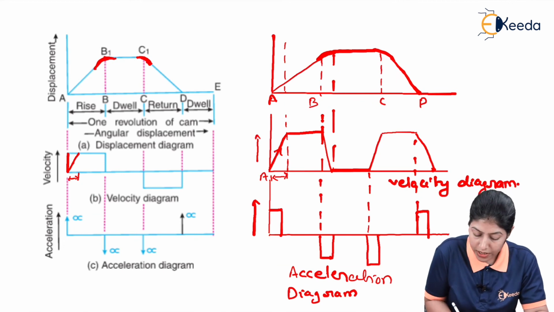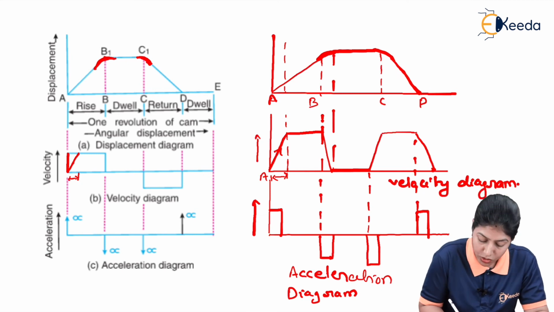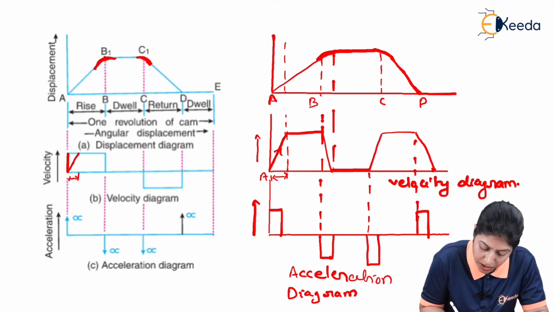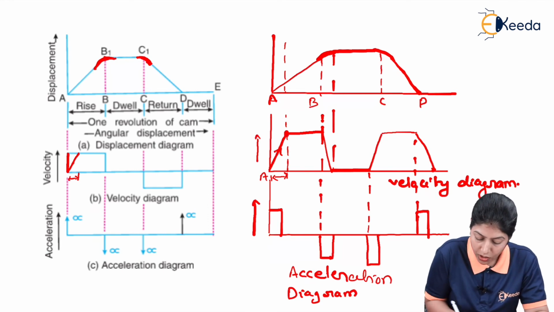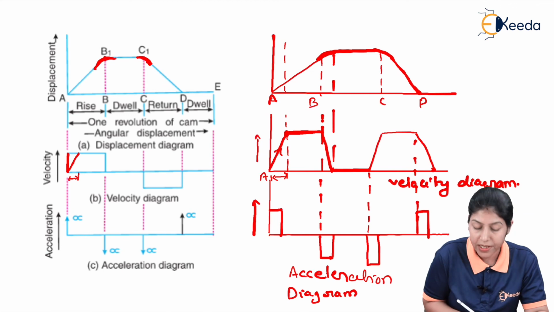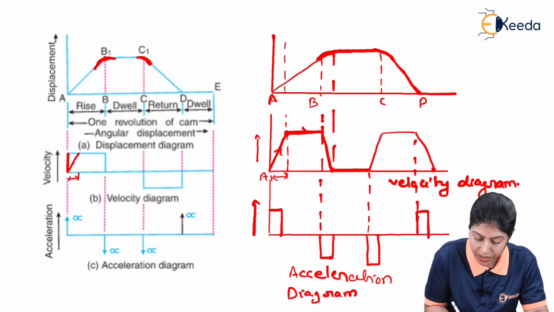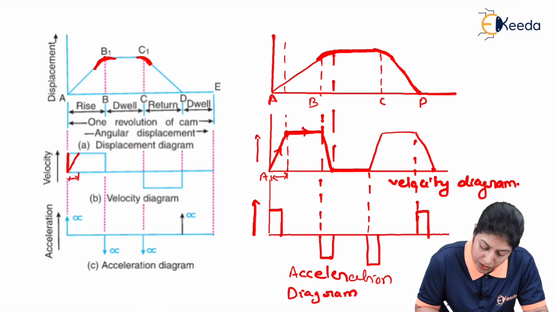So we can define the acceleration because of change in velocity with respect to this particular time. This particular velocity we are considering for the rise of this follower, and this velocity diagram is representing the diagram for the rise, this inclined line and the straight line. Here rise we are considering with constant velocity, so this line is representing the rise of the follower with constant velocity. Now after that, this follower will move in downward direction.